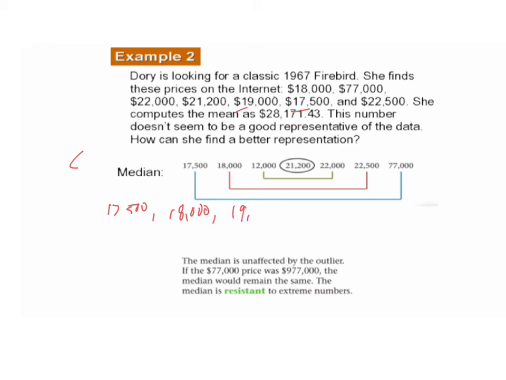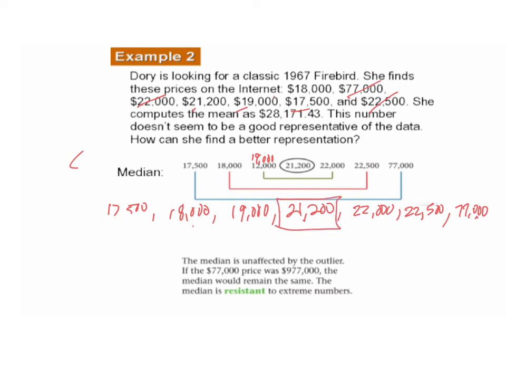This is misrepresented. This is supposed to be 19,000. Then they did 21.2, because it's the next one up. $21,200. Then they did 22,000, because that's the next one in ascending order or going up. Then they did 22,500, and then finally they did this oddball number, 77,000. And if you count these up, we've got 1, 2, 3, 4, 5, 6, 7. The middle number,